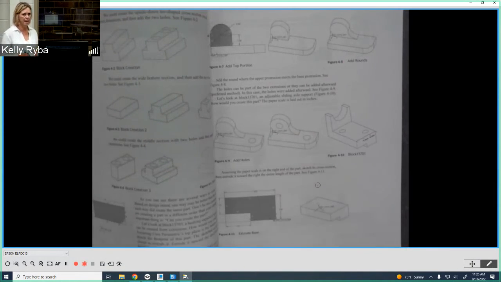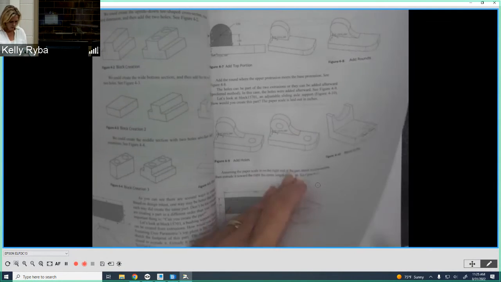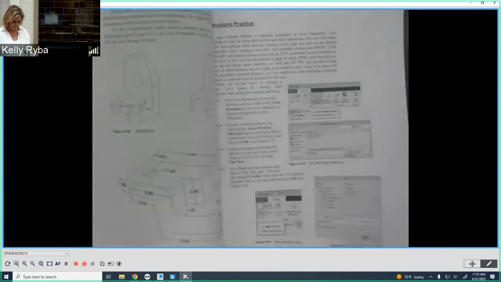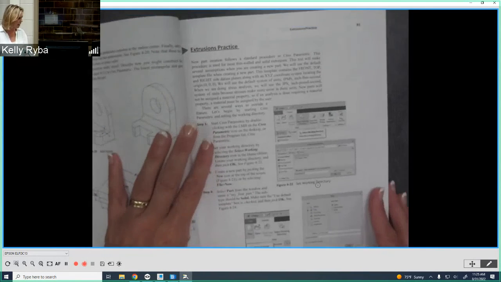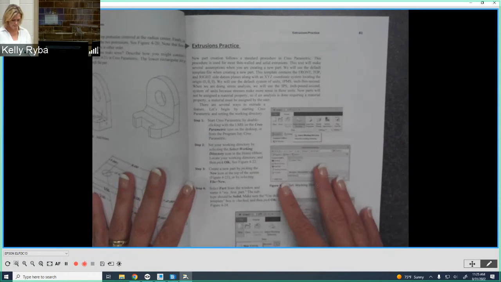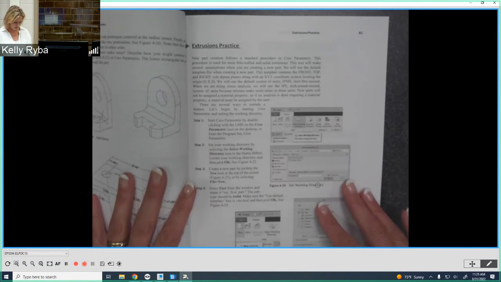I'm going to stop here today. I wanted to just give you a glimpse at extrusions. So I'm going to stop my demonstration there today. What I'd like you to do is to turn the page a couple times, okay? And starting on page 81, this is the first tutorial. And this is a tutorial for